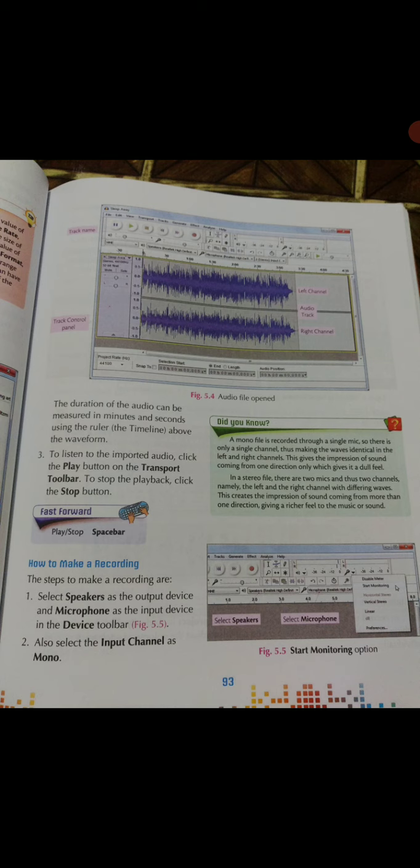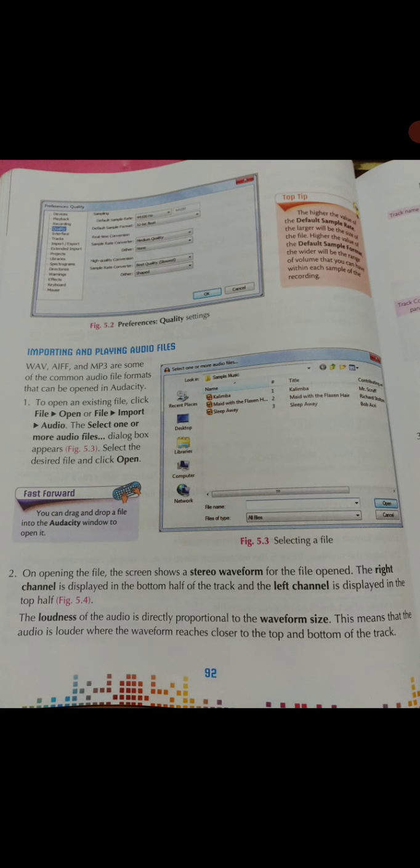Figure 5.4. Everyone has seen this diagram? Have you seen the audio file? In there you see the picture of the audio file. There you have seen certain waves. These are the volume levels of your wave, how much volume level you want to give for your audio files. Volume level, you can say the loudness of your music, the pitch of your music. Clear this much?